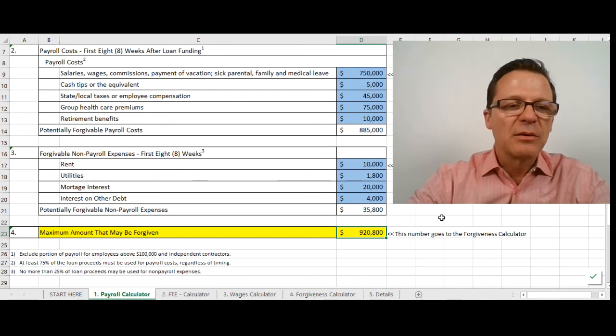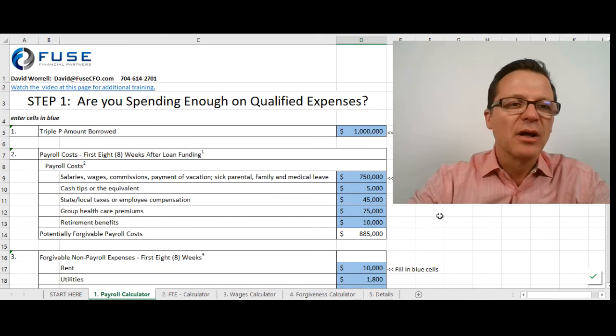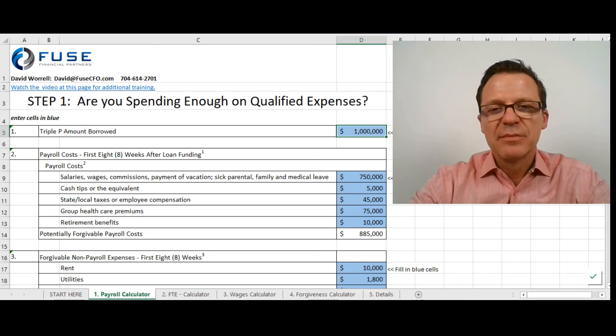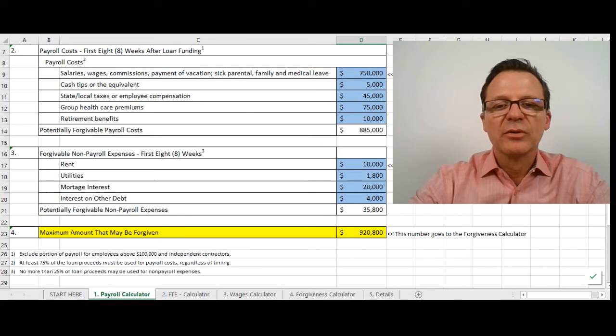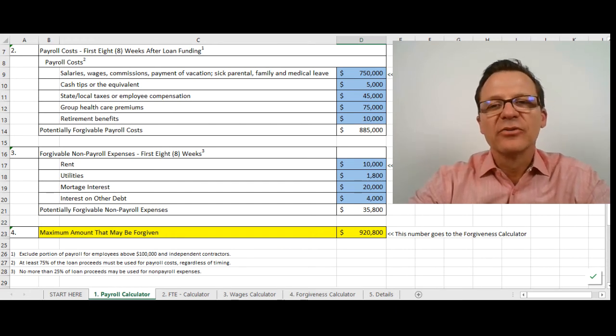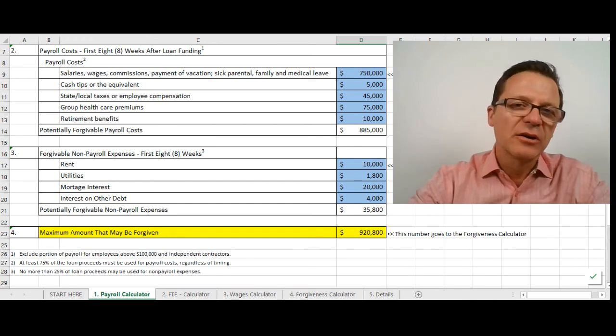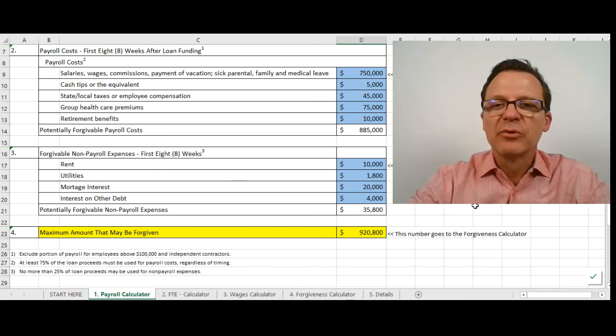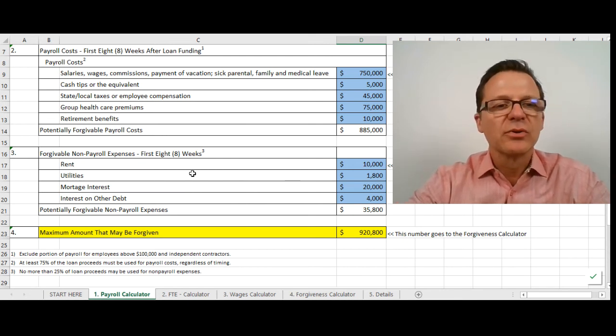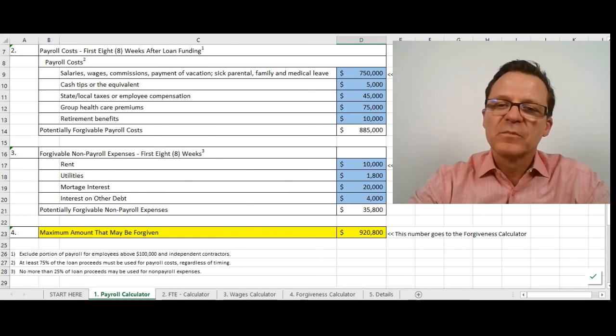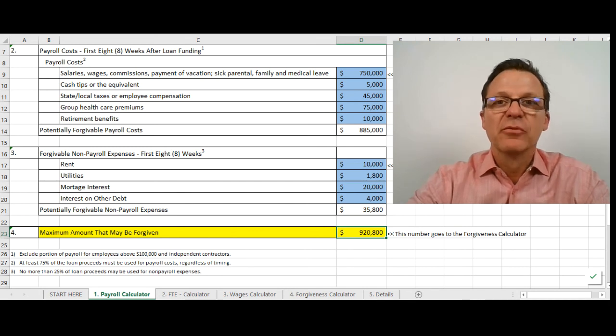If you are, this bottom line 23 ought to match the top line number 5, which is how much you borrowed. In this case, in my example here, they borrowed $1 million. They only spent $920,800. Guess what? They left $80,000 on the table. They could use that money to hire additional people. Maybe if the numbers work out right, they could use that money to pay rent or utilities. So in this instance, they'll have a forgiveness amount of no more than $920,000 because that's what they spent on